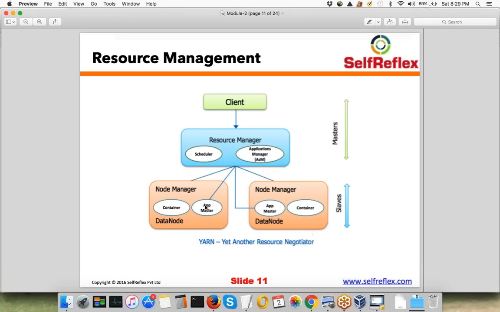Now guys, just look at all these names. You have a resource manager, right? We already know what a resource manager is. It is the manager of all the resources in your system, all the CPU and memory. Then you have node managers. It is just like any hierarchy in any organization, right? You have a higher level manager, and then you have low level managers working under him. All these managers are reporting to this high level manager, and all these managers have resources with them, right?